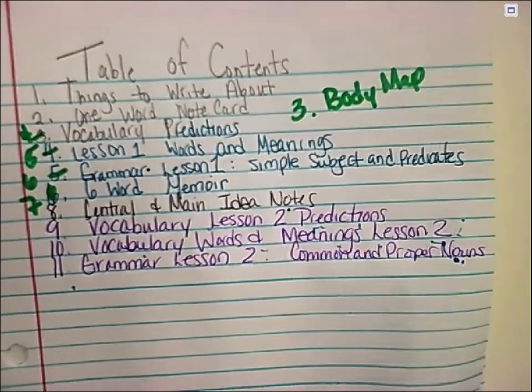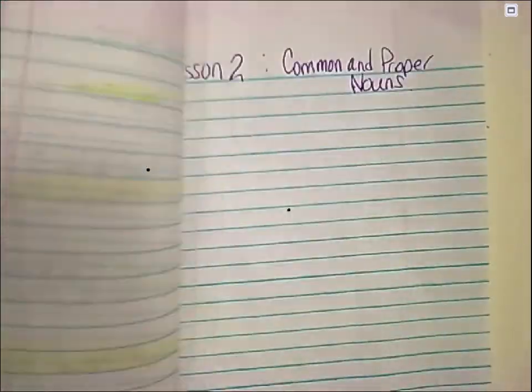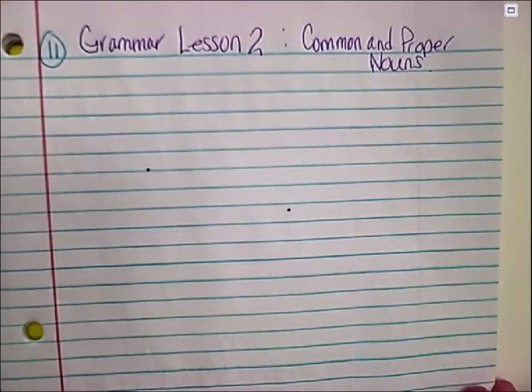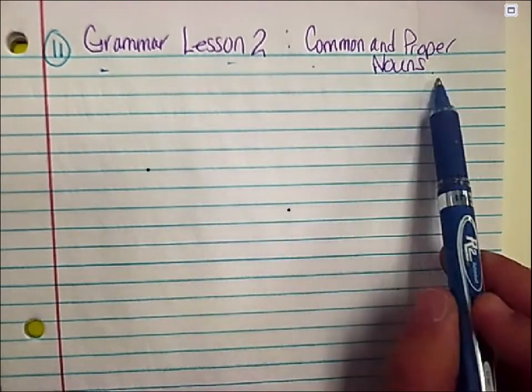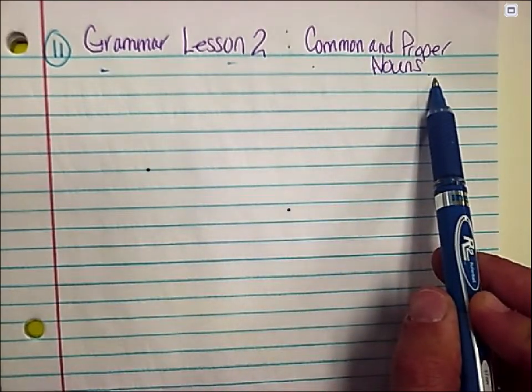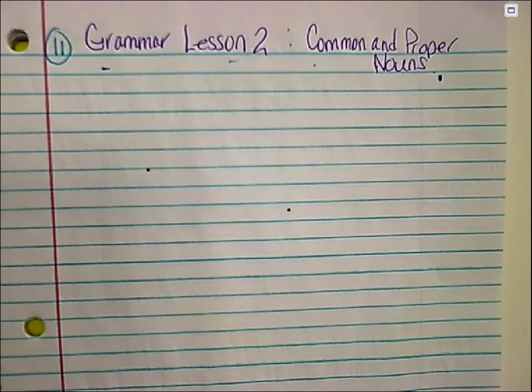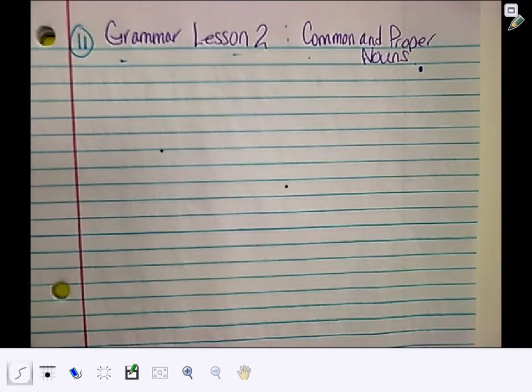Once you have your table of contents updated, then you're going to go to a brand new page and you're going to write grammar lesson 2, common and proper nouns, which is what you should title your page. Then from there, you're going to open up Connected,